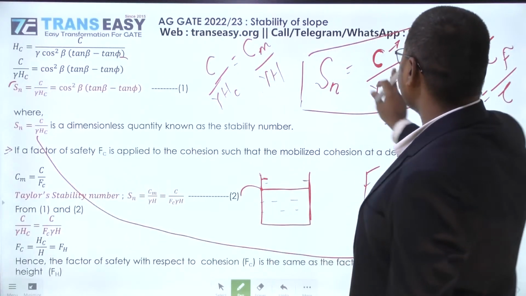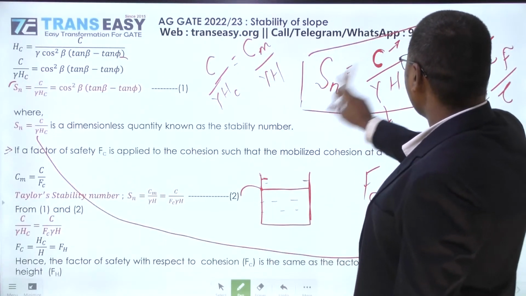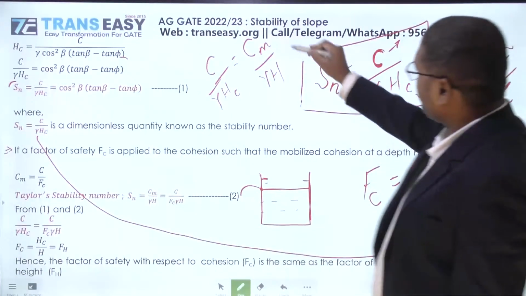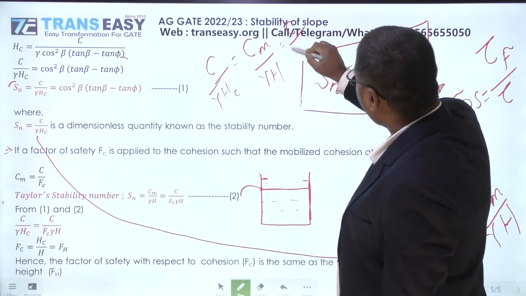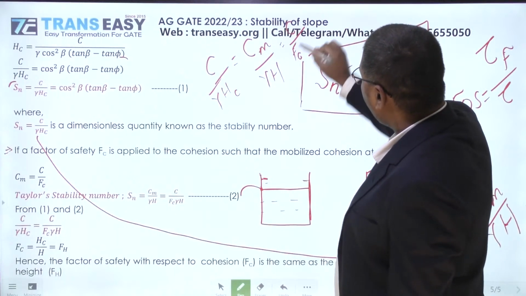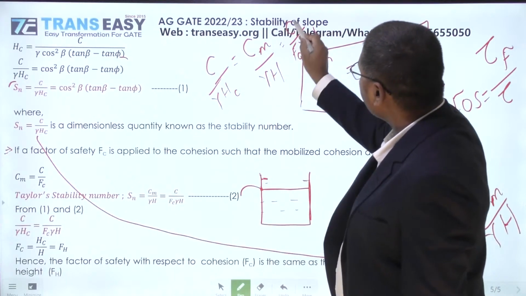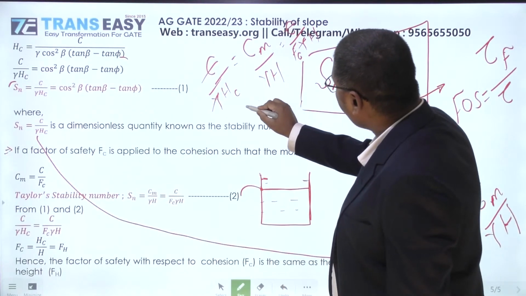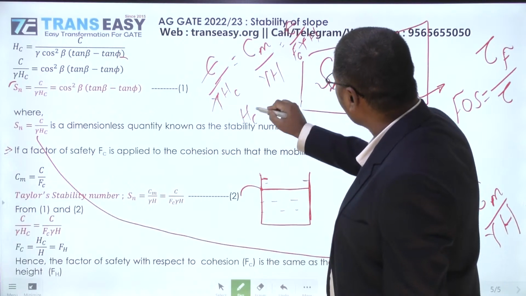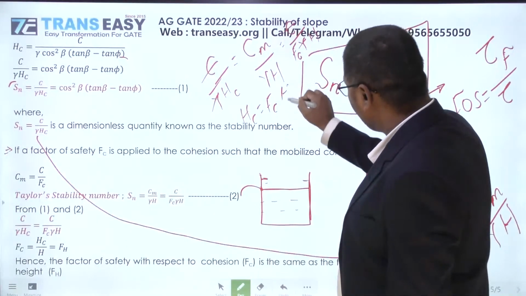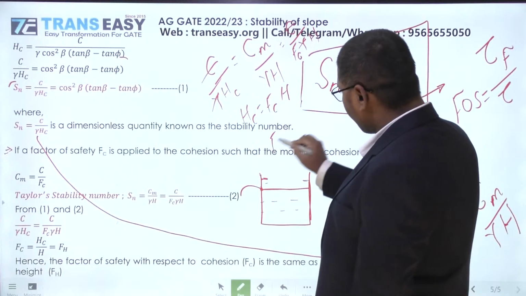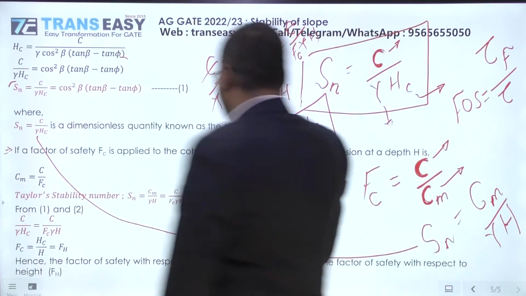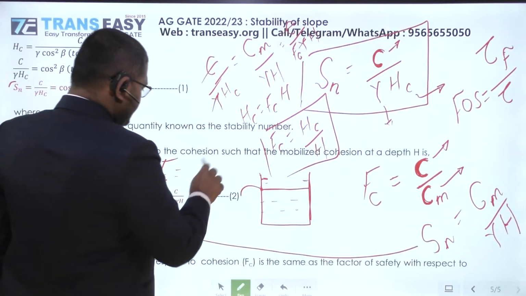Okay, and Cm is C upon Fc. C upon Fc, Cm, gamma H. Okay, C cancel हो जाएगा, gamma will cancel each other, and we will find Hc is equal to Fc into H, so Fc equals Hc upon H. So we have Fc as C upon Cm